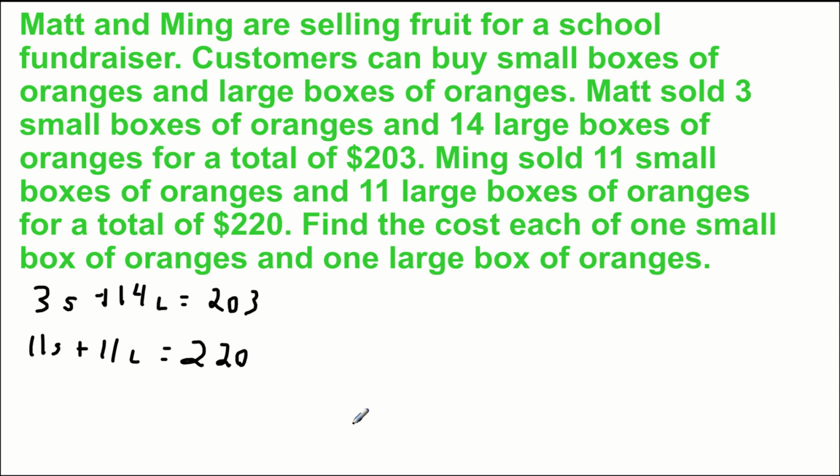All right, so this one is a bit more complicated. Those numbers don't easily cancel out. We have to multiply both of these equations to eliminate one of the variables. So I am going to eliminate S. I think that's the easier one. With 11 and 14, you're going to get much larger numbers. You still get pretty big numbers this way. So if I multiply that whole first equation by 11, that's going to give me 33S